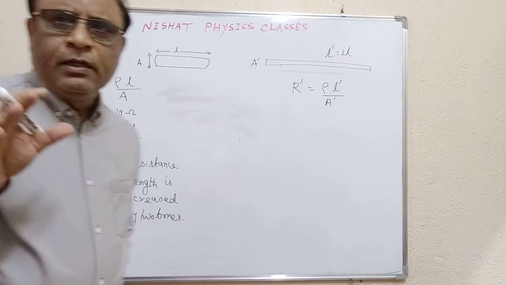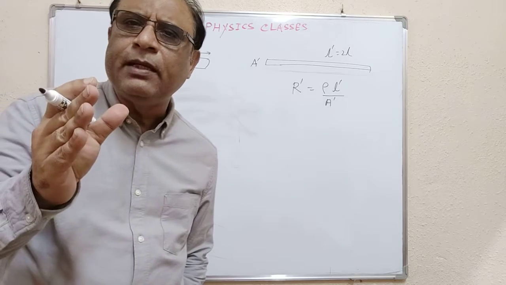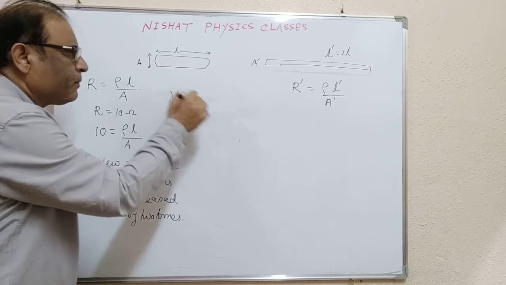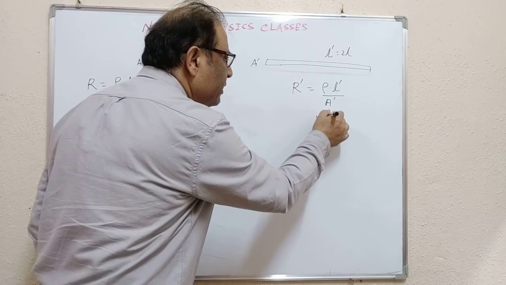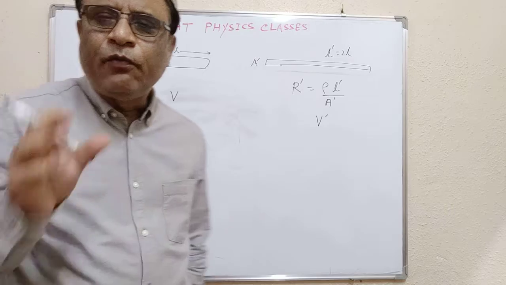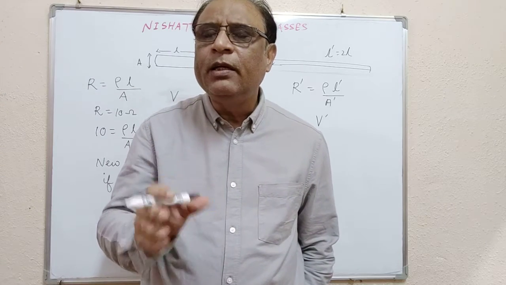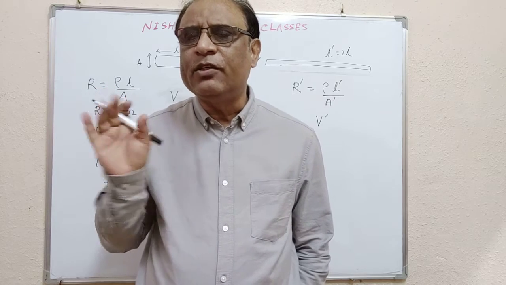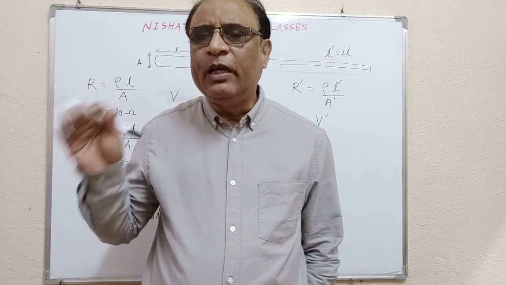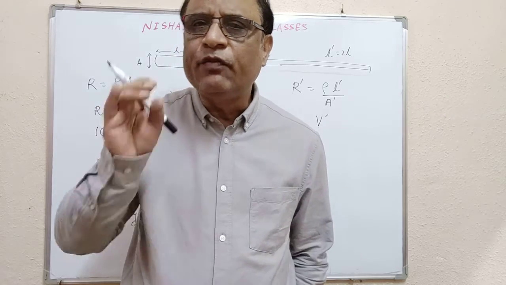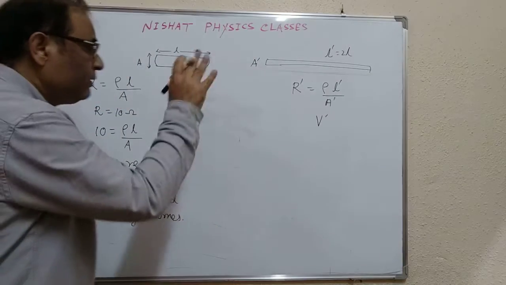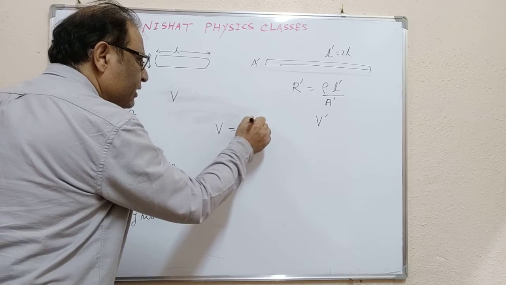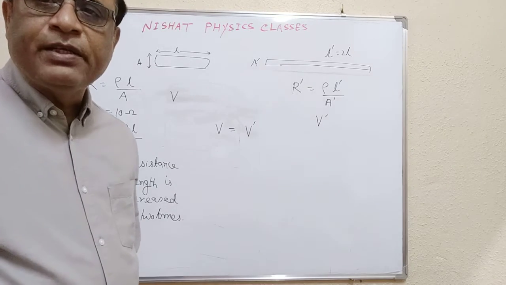We are going to find out the value of A dash. Students, one thing is very clear. If here volume is V and here volume is V dash, we know that the volume of a solid remains constant. We cannot change it. You have learned in the properties of matter, solid, liquid and gases, that you never compress a solid. Its volume remains constant. So by this law, V equals V dash.